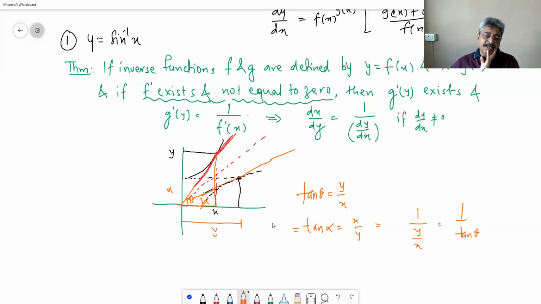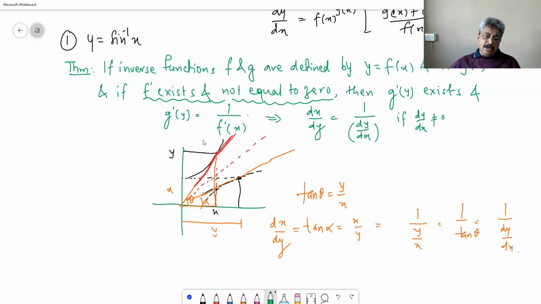Tan alpha is the x by dy. This is x and this is y, so dx by dy, and tan theta is 1 upon dy by dx. So okay, geometrically also it makes sense, except